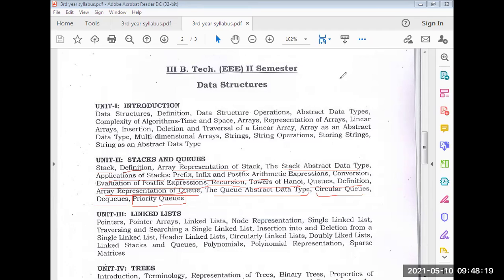For example, if you travel by bike on the road, and an MLA is also traveling on the road, who will be given first priority?